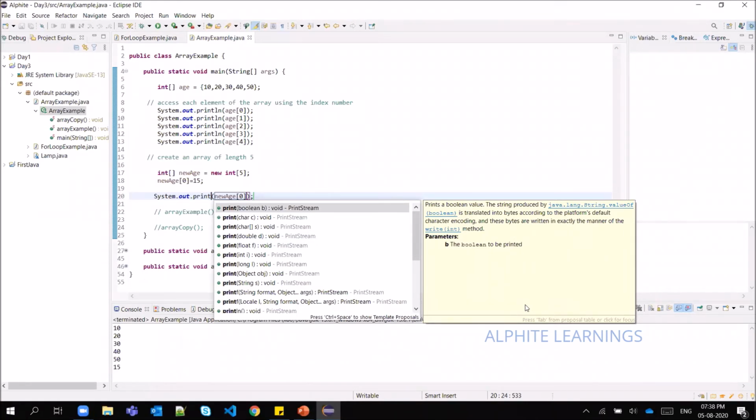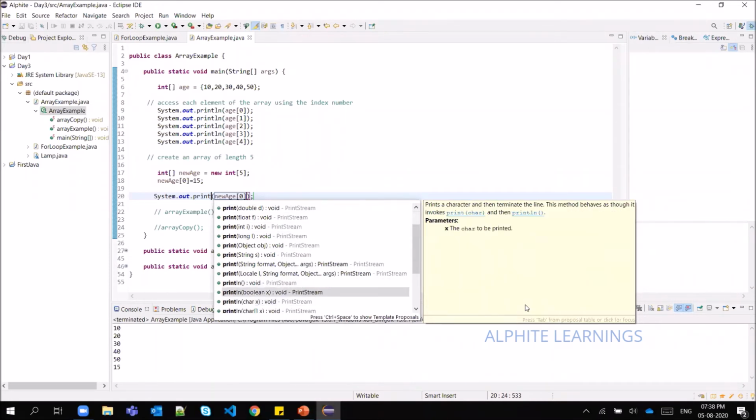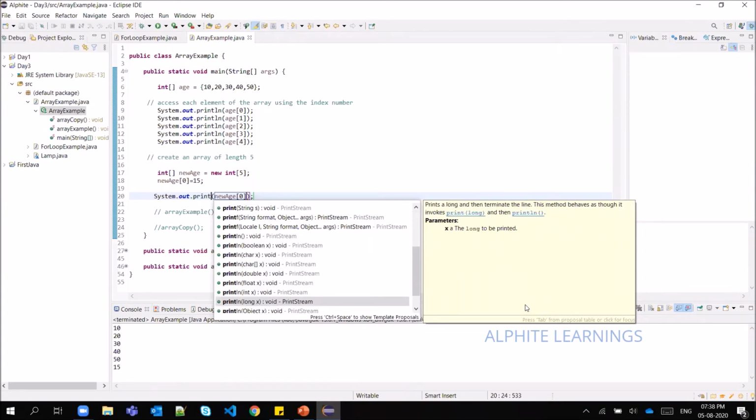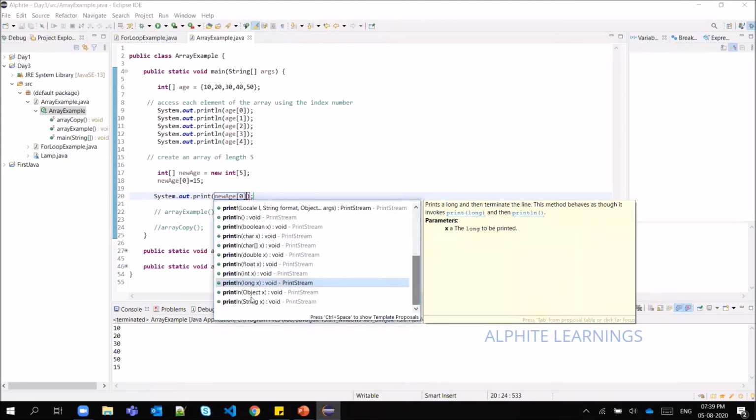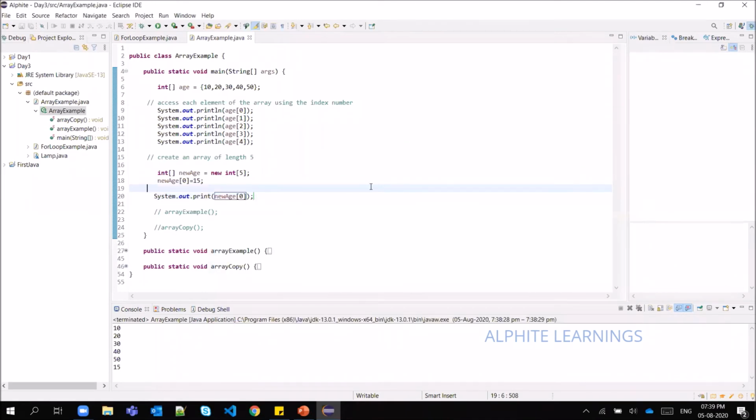I think whoever is following me with Eclipse, you can find this. While doing this, by some way I have selected the println with character last time. That is why we were not able to print the integer value. You have some options over here: println with string, println with object, println with integer, you can see, right? So I might have misselected this println with string. Fine, that's a learning.